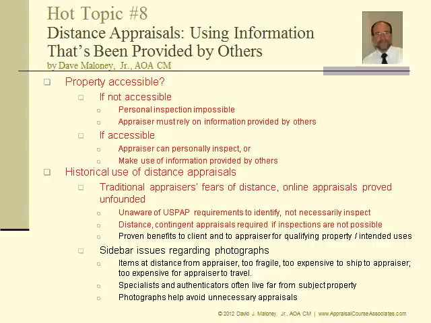For qualifying property types and for qualifying intended uses, contingent distance appraisals not requiring a personal inspection by the appraiser, and which are often offered online, frequently provide benefits for both the client and the appraiser. Benefits to the client include timely and convenient appraisals, regardless of locale, normally for a fraction of the cost of using a traditional appraiser who insists on performing a personal inspection. Benefits for the appraiser include low overhead and access to a client base that extends well beyond the appraiser's locale.